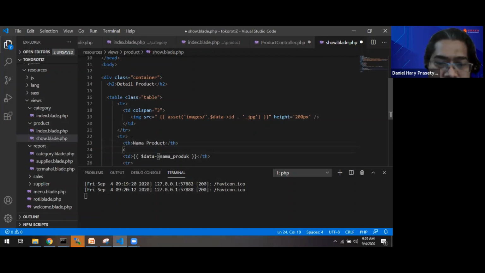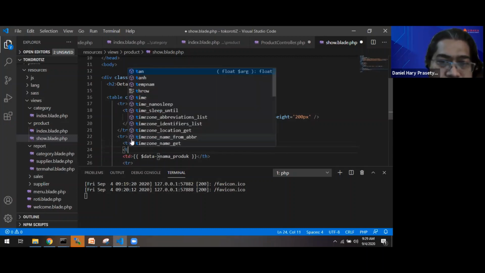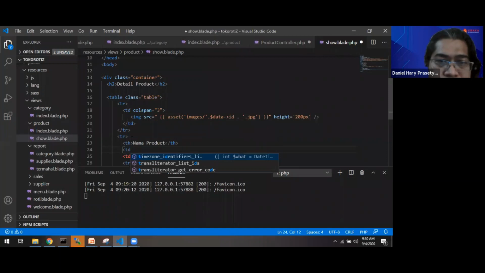Sometimes developers use one column with, for example, 1 pixel width for putting the dot or double dot or equal mark.